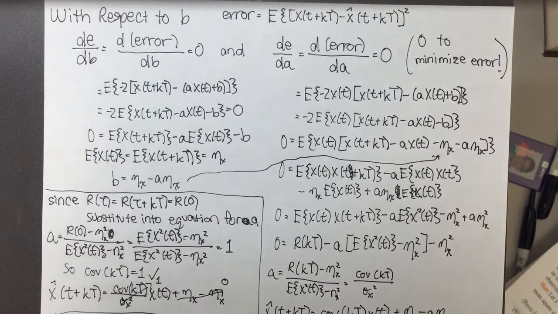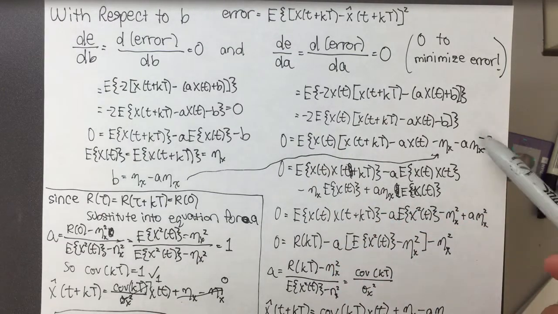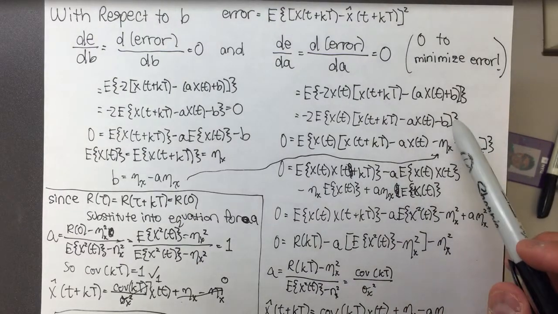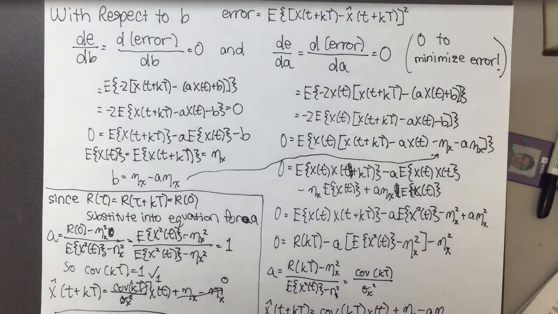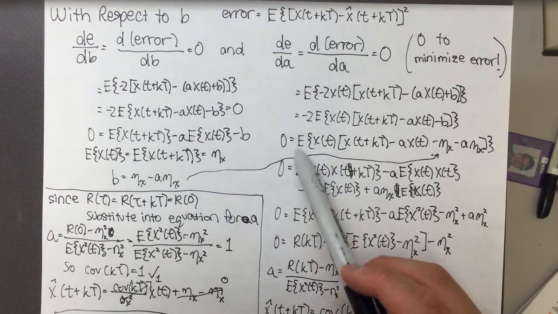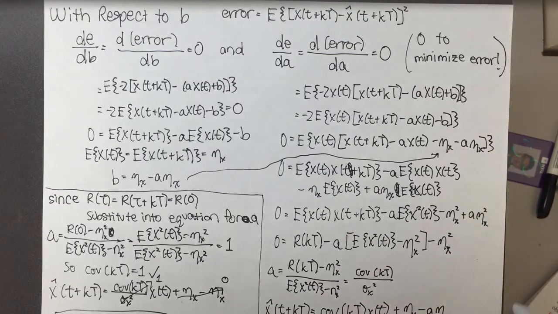And so once we find the b, we want to find our a value, and we have dE/da, d error over da, again equaling 0. Same thing we did over here. Pull the 2 out, it equals 0, so you get rid of it, take the expected value of it. But this time you sub in this value for b, and that's what we did here, as you can see. And so we further simplify this equation by dividing out the expected value. So we can take the expected value of each term. Eventually we arrive at